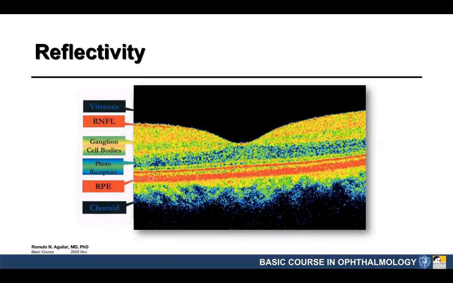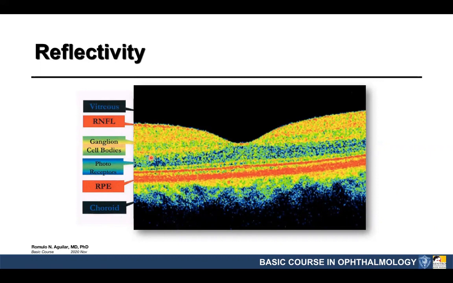Then the RPE, which is a tight tissue, the cells are tightly packed, will also give you high reflectivity. And the rest of the retinal layers will have yellow, orange, green, and light blue colors, all